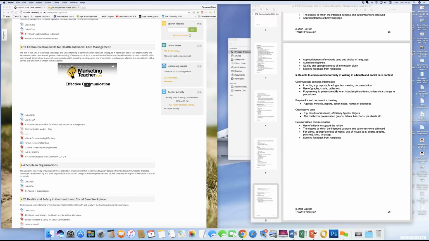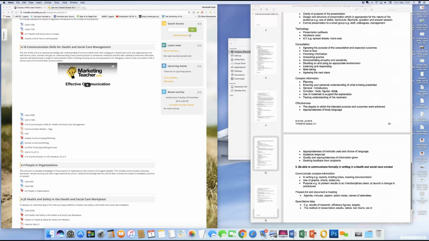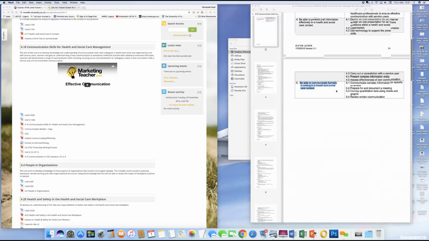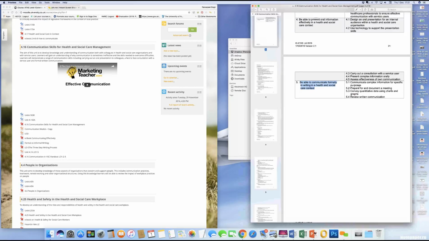And in these communications, the tasks given in the assignment brief will ask you to communicate this bit of information using an appropriate written method to understand and complete the assessment for this task, right? So one of the tasks, for example, as I can see, 5.1, says communicate complex information for a purpose,